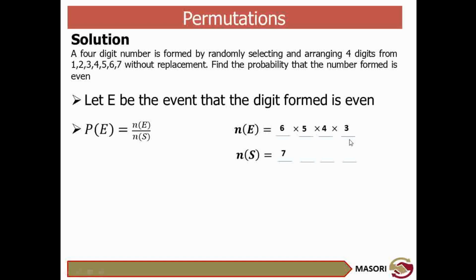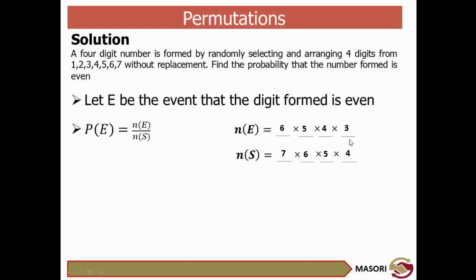So the first one we picked from the 7. The second digit will be picked from the remaining 6. The third digit will be picked from the remaining 5. And the fourth will be picked from the remaining 4. Again, we multiply these numbers so that we get the total number of ways of selecting or arranging the numbers